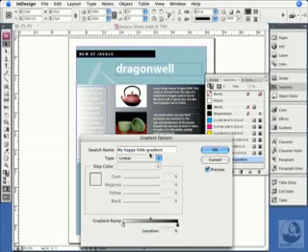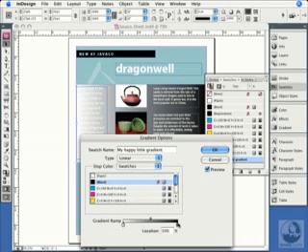To control the colors in the linear blend, you have to use the gradient ramp. Here's how this works. Click on one of the gradient ramp stops, and you can see that this white is defined by this process color. Let's click on this gradient stop, and you can see that this stop is defined by this black swatch. You can define a gradient swatch with one of the swatches, RGB, CMYK, Lab, whatever you want.